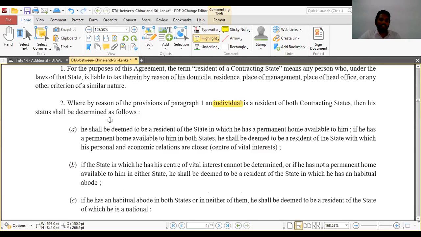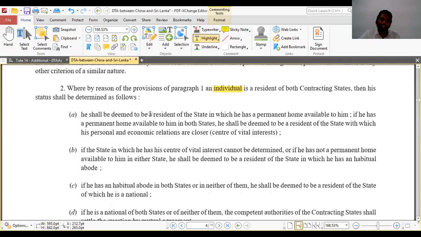He shall be deemed to be a resident of the state in which he has a permanent home available. The first one is permanent home, like I explained in the tutorial. If he has a permanent home available to him in both states,